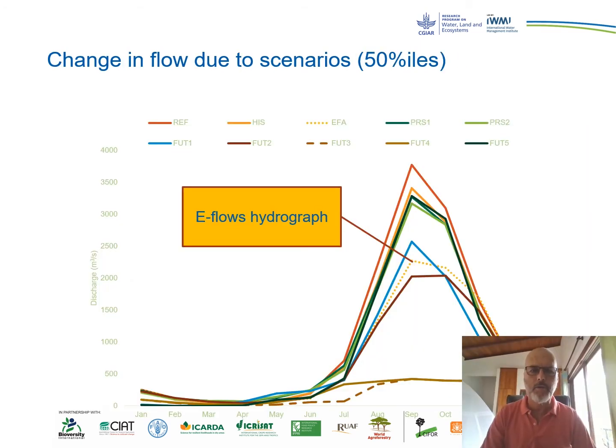So this hydrograph shows the flood peak arriving on the floodplain. A number of scenarios are plotted with the e-flow graph shown as the dotted orange line. If this flow is ensured on the floodplain, then it can be assured that the ecosystem will be optimally protected and that livelihoods will be supported.